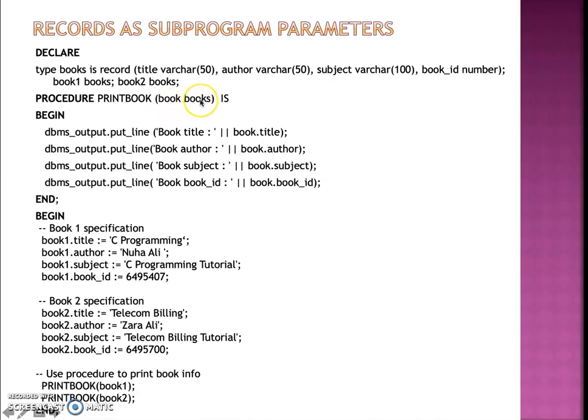for the type book record, and this has a small block, begin and end, which has statements for DBMS_OUTPUT.PUT_LINE. We see in this program, in the earlier program, we used DBMS_OUTPUT many